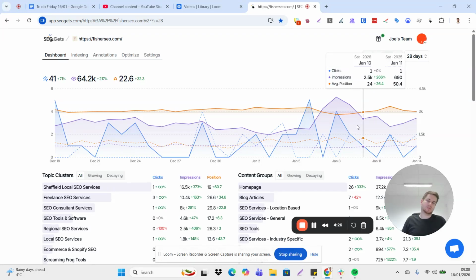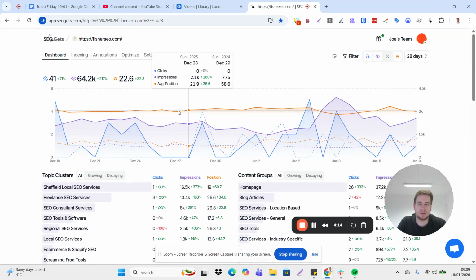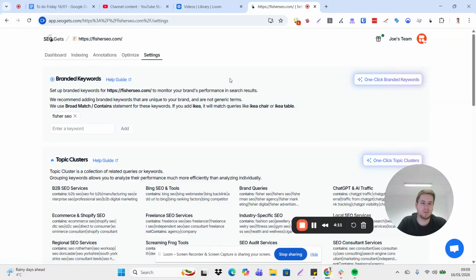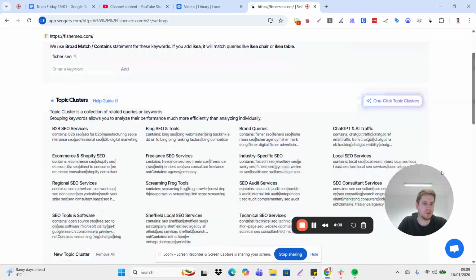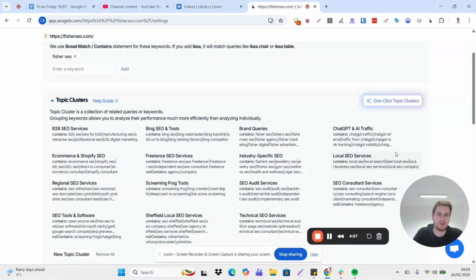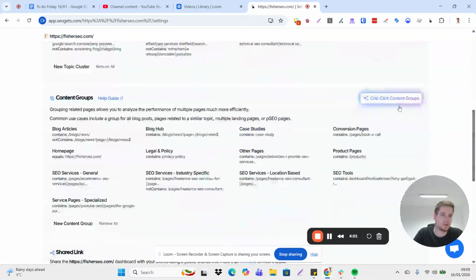So if you sign up to SEO Gets, I'm not affiliated with it, by the way, and then synchronize Search Console in there, then we can look at topic clusters and content groups and performance. The easiest way of doing it, but you do kind of need to double check, is with AI. So if you go into the settings section on SEO Gets, click one-click topic clusters, and then click one-click content